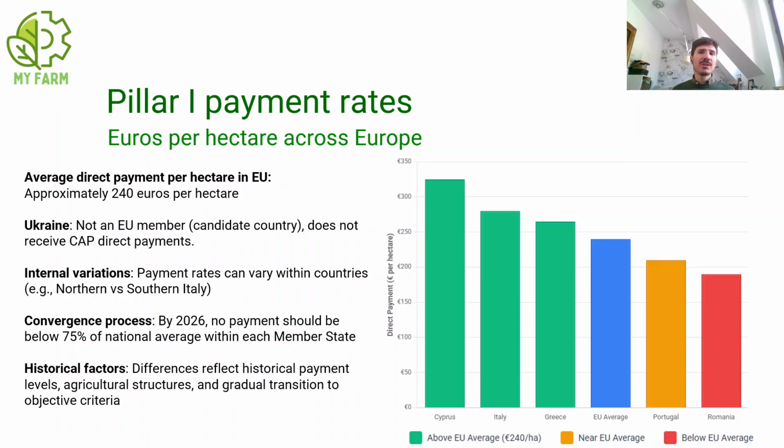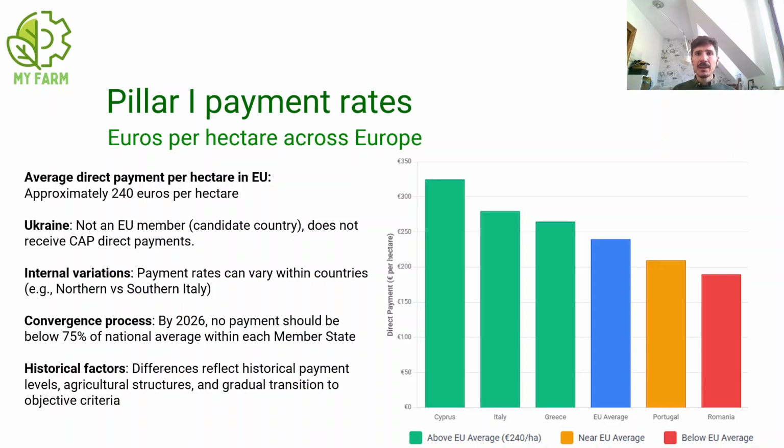So the European Commission is trying to narrow these gaps and to bring all the payments at a flat rate that is the same for the member states. So indeed, by 2026, no payment should be below 75% of the national average within each member state. So the convergence process is not only among member states, but is also internal to member states,